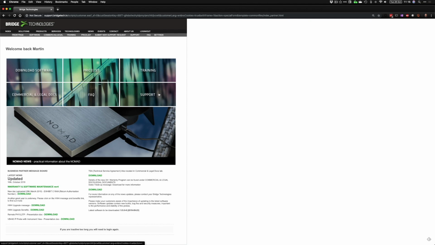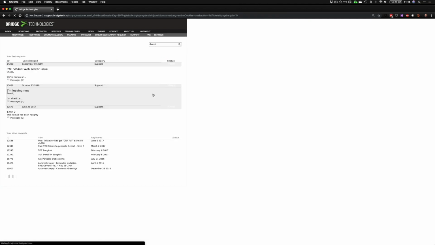And the support page itself, you probably already know about the support page, how to submit. I have in the past submitted some support tickets. I don't normally do it because then there is one extra person in the flow, but I have done, and this is how my support history looks. I could submit a new support request by clicking here,